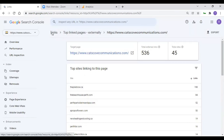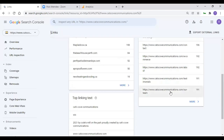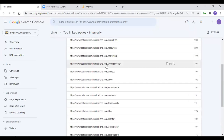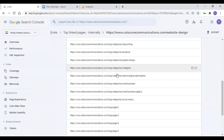So before we move off of this, in some of our other webinars, some of our other presentations, we have talked about the importance of linking for search engine optimization. So I want to make sure that you understand internal links. These are links from your property to your property. So in this case, these are links that go from Cats Cove Communications somewhere to Cats Cove Communications somewhere. So if we go into more and we really open up our internal links here, we can see lots of different places